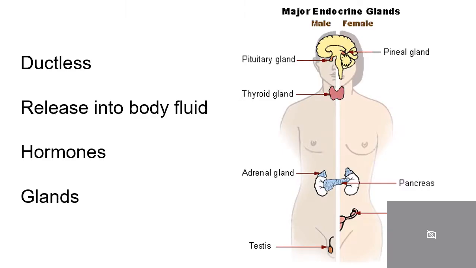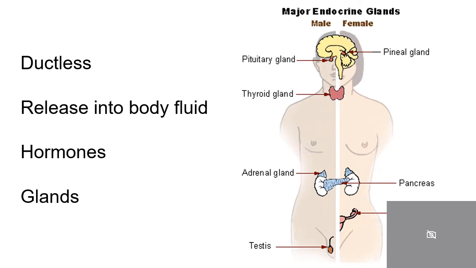So what defines an endocrine gland? Well, these organs contain no ducts and therefore release their secretions into a body fluid. These fluids include blood, lymph, and even interstitial fluid. The secretion, a hormone, will travel through this liquid and activate another target cell. For example, insulin may be released from the pancreas, travel through the blood, and stimulate adipocytes to store glucose as